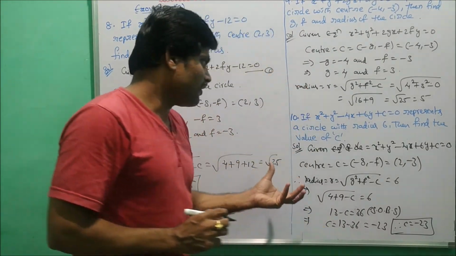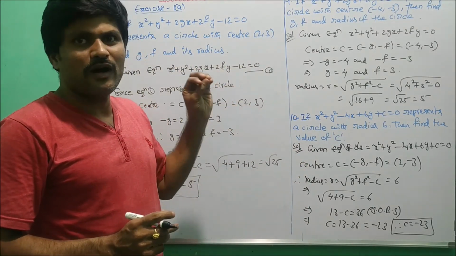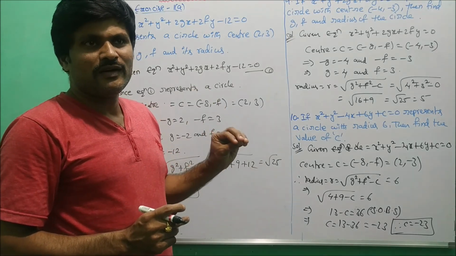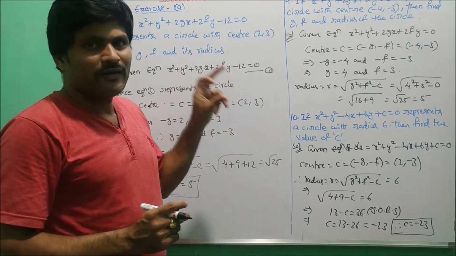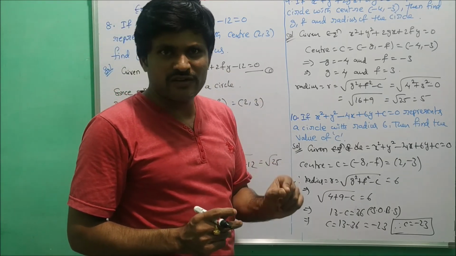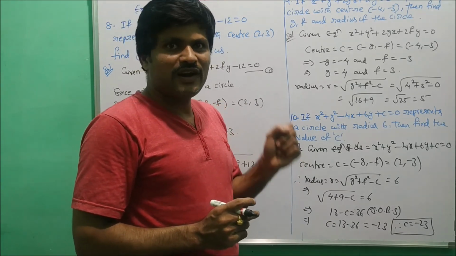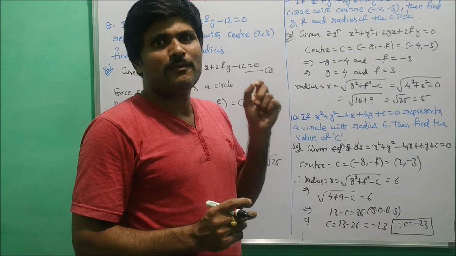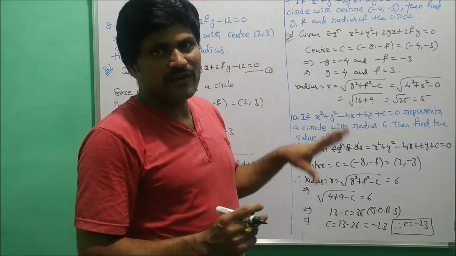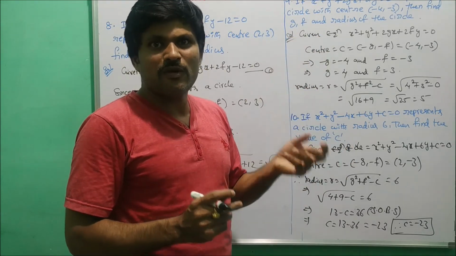So these are the solutions for the given problems which are based on theorem number 1, that is the general form of a circle. Here we take the circle equation x square plus y square plus 2gx plus 2fy plus c equals 0. To find the center, that equals minus g, minus f, and radius equals square root of g square plus f square minus c. Now to find the center and radius for the given equations, also compare the given equation with the general form of circle.